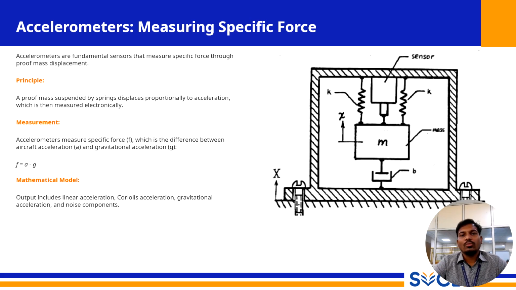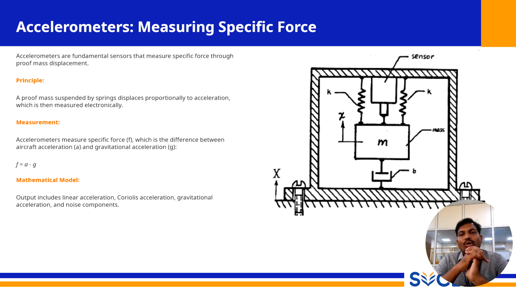Because of this physical principle, the real-world output of an accelerometer is quite complex, which is why we need a detailed mathematical model to interpret its reading. The sensor's output includes linear acceleration, Coriolis acceleration, gravitational acceleration, and noise components. The linear acceleration is typically the value we are trying to determine, but we have to account for other terms